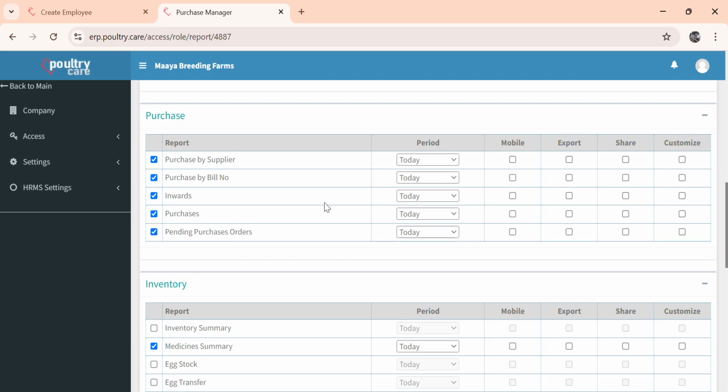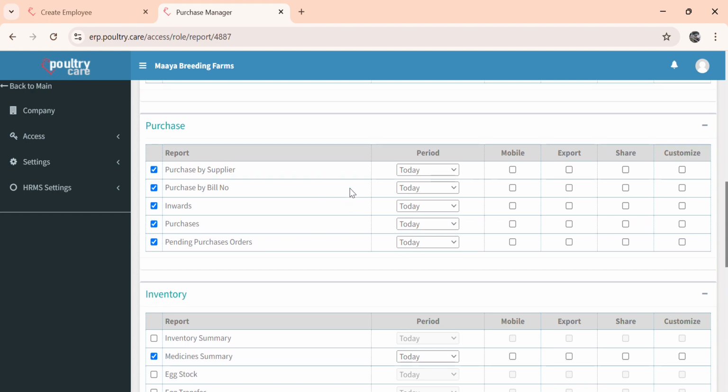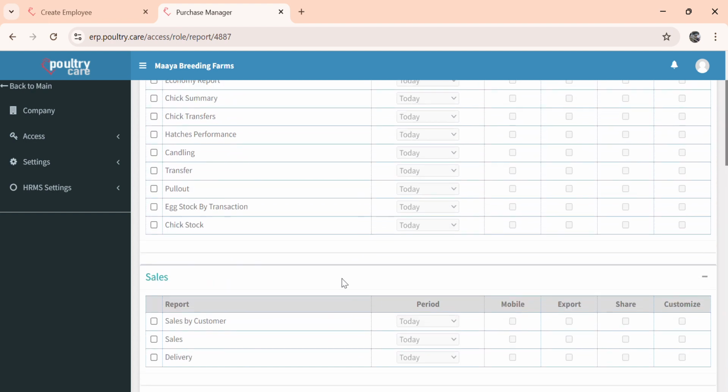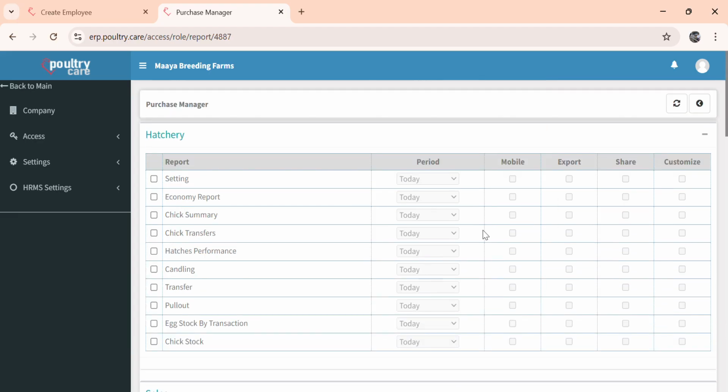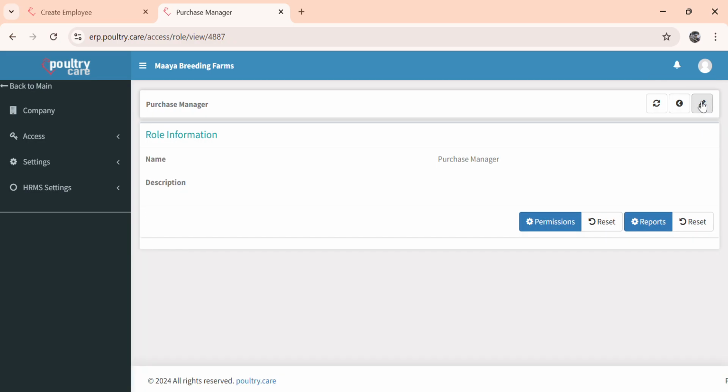So you give the access. Once you set the access, that access will come to your users completely. So same like this, we can set your users' permissions and reports.